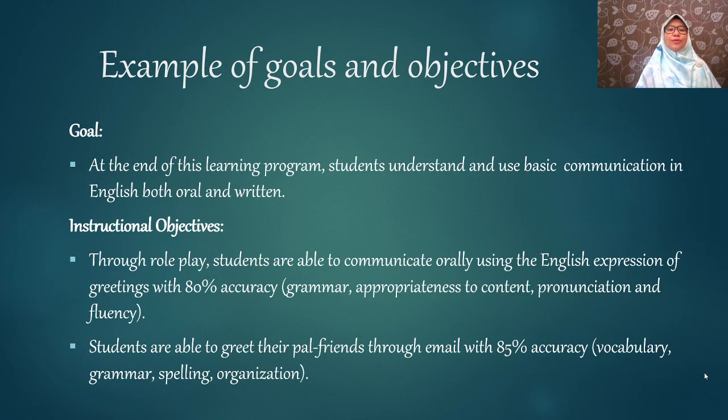The first, through role play, students are able to communicate orally using the English expression of greetings with 80% accuracy, grammar, appropriateness to content, pronunciation, and fluency. The second one, students are able to greet their pen pals through email with 85% accuracy. It relates to the vocabulary, grammar, spelling,